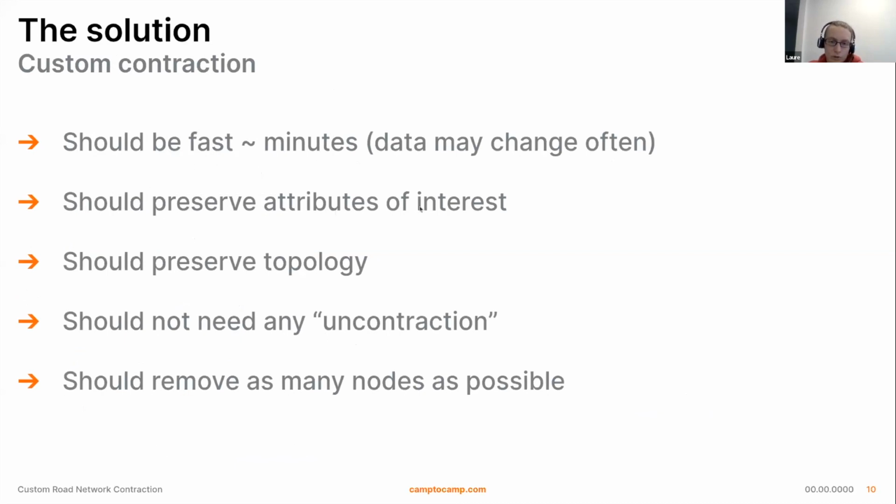We want to preserve the attributes. We want to preserve the topology, so going from 1 to 4 we should still be able to go from 1 to 4 without any loss of information. We don't want any extra steps after the contraction. And we still want to remove as many nodes as possible, because that's what we want in the first place.